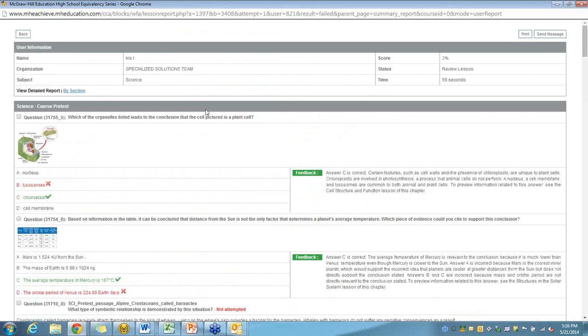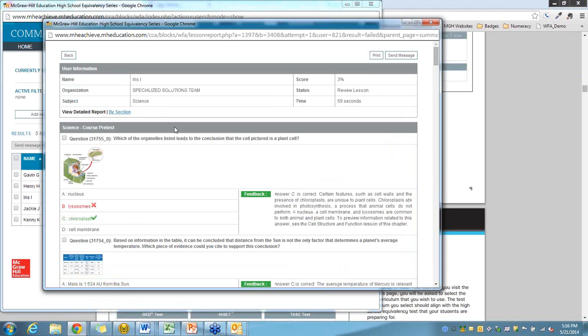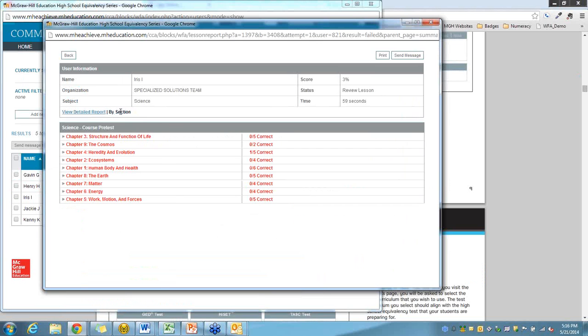Two of the nice features that are part of these detailed assessment reports for the student: the first, as I said, is this toggle that allows them to view by section. And we are fixing this for some reason, the order is all screwed up. But you'll see that it tells me the number of items they got correct on a chapter-by-chapter basis, or if it was a lesson-level assessment, on a section-by-section basis, so that they can see, maybe heredity and evolution, they got